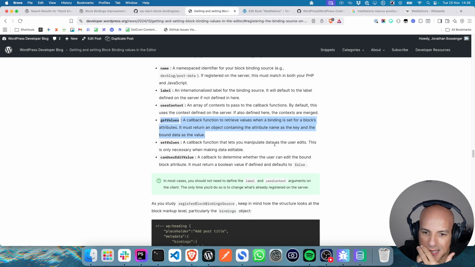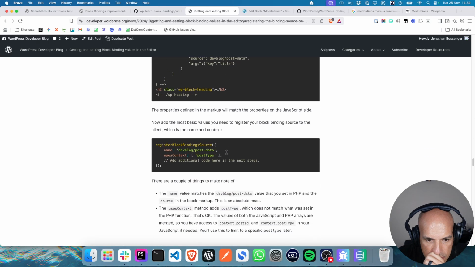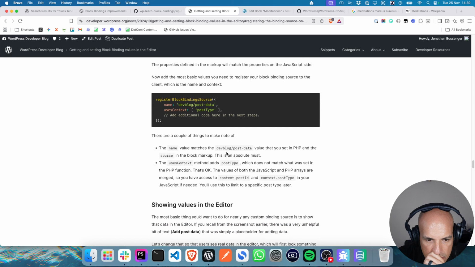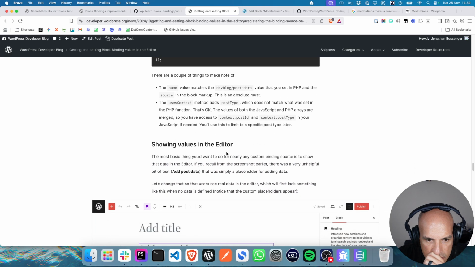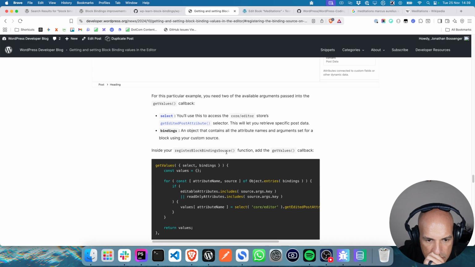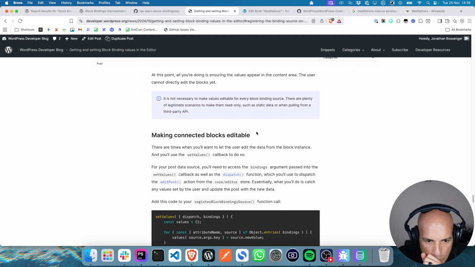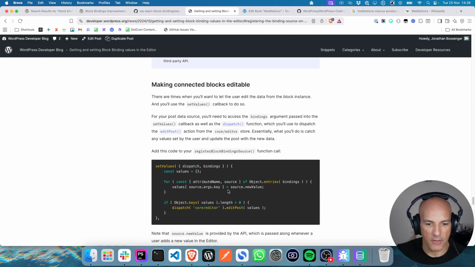Callback function which manipulates data as is. Don't need that. Okay, so it's set values.